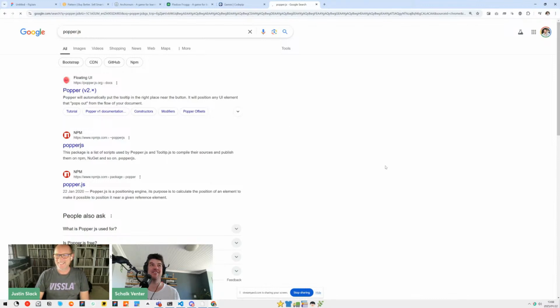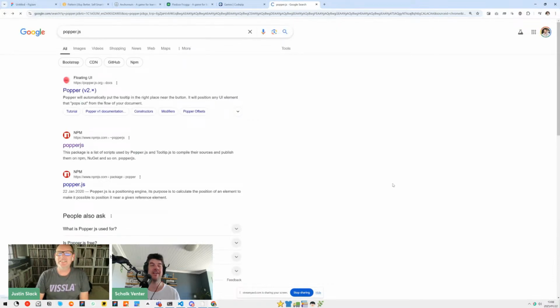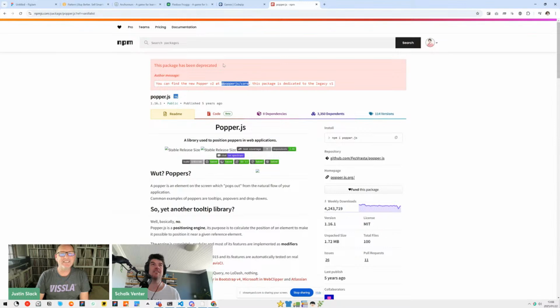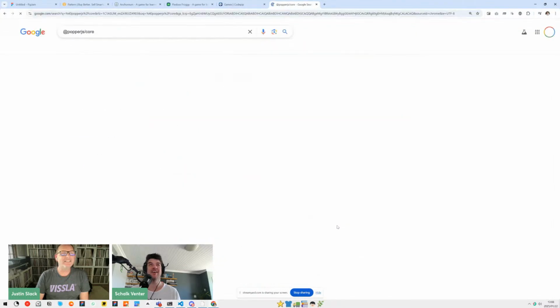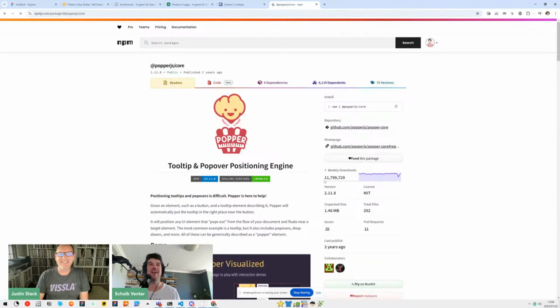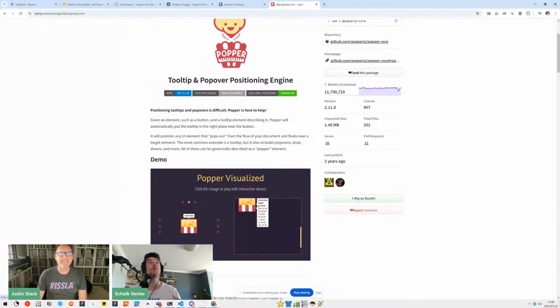Let's actually see the amount of downloads. Is it the one with the dot? Let me just quickly see. Popper core. Even the deprecated one is 4 million downloads a week. Yeah, look at this, 11 million downloads. Okay, so it's basically used everywhere, and if you want to understand what anchor positioning does, I